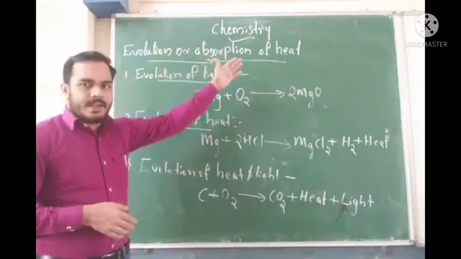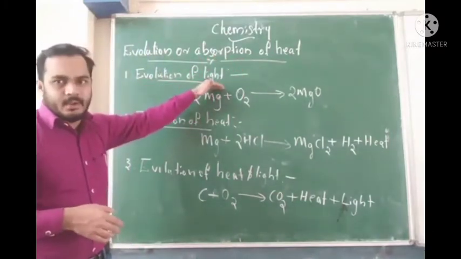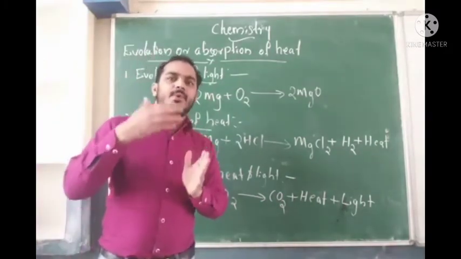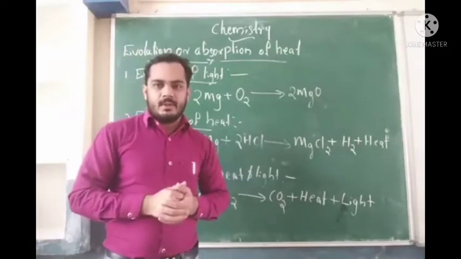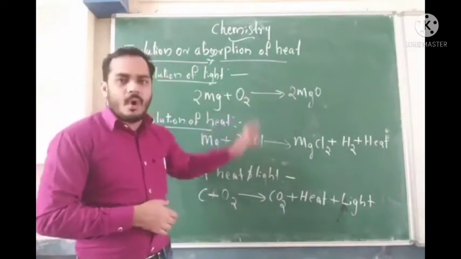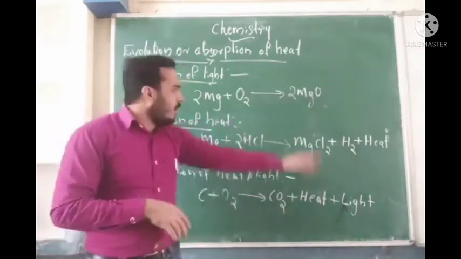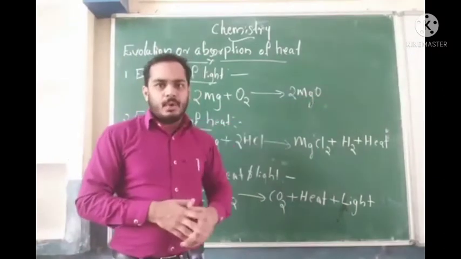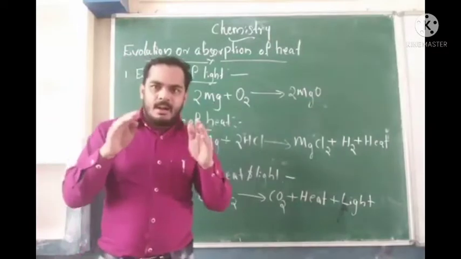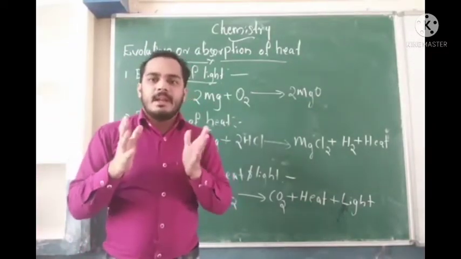Evolution or absorption of heat. The first one, evolution of light. In some chemical reactions, the reaction produces light energy. Here magnesium reacts with oxygen to form magnesium oxide, MgO. This reaction, magnesium ribbon reacting with atmospheric oxygen, produces a brilliant light,